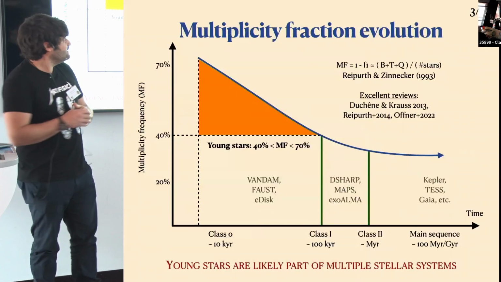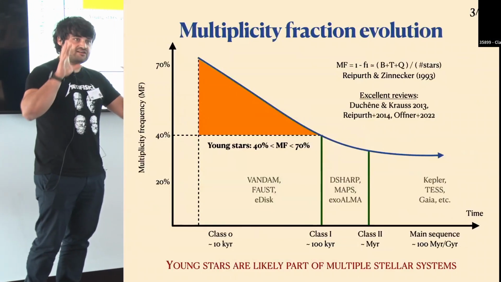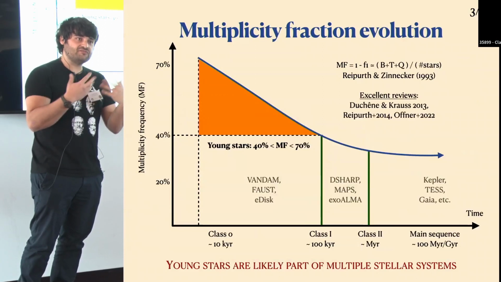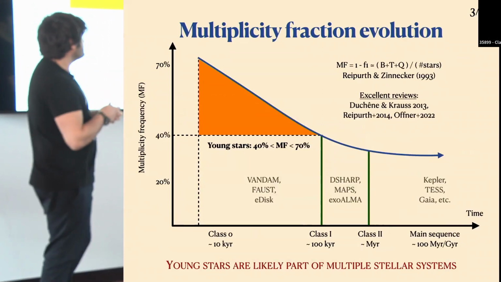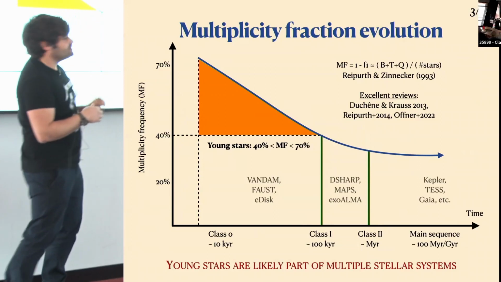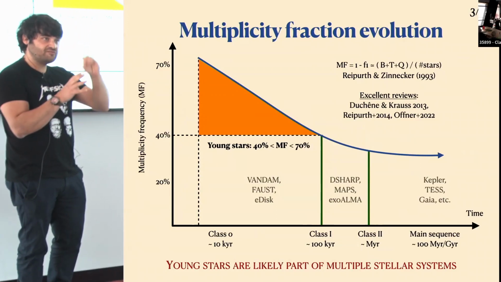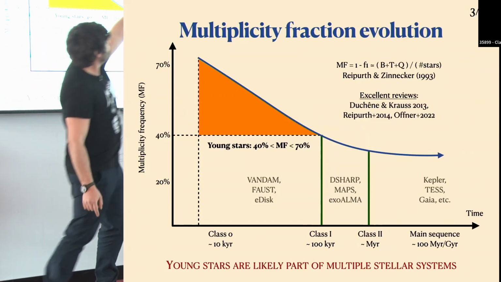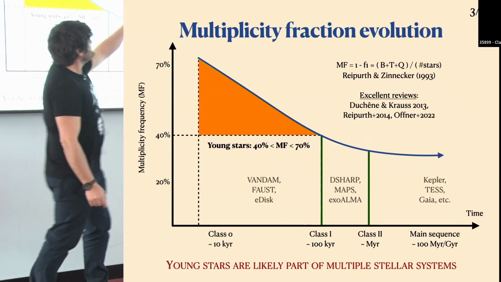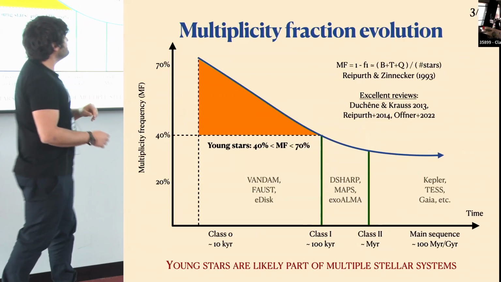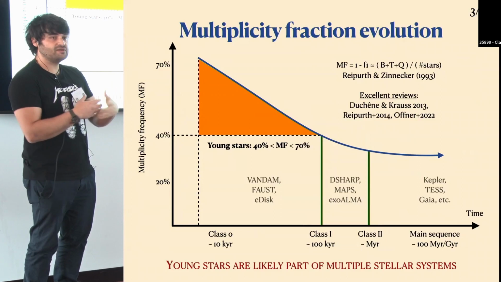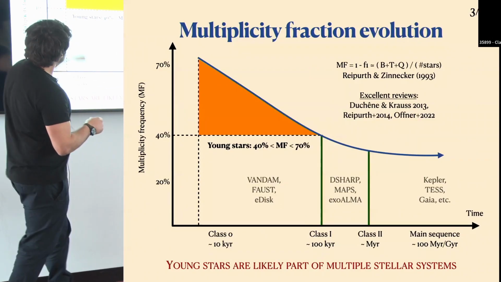All right. Then one can look at these stellar nurseries and try to estimate the fraction of multiple stellar systems. That's basically this quantity here, where you take all the stars and you remove the fraction of stars which are single, the F1. And you end up with this ratio, which can be approximated by the fraction of binaries plus the fraction of tertiaries, quadruples, divided by the entire number of stars. And then you get this kind of trend.